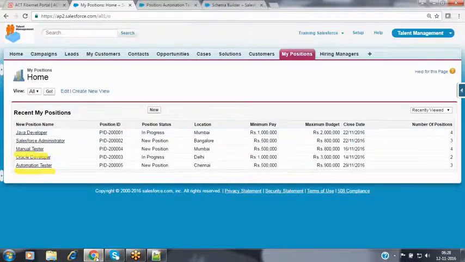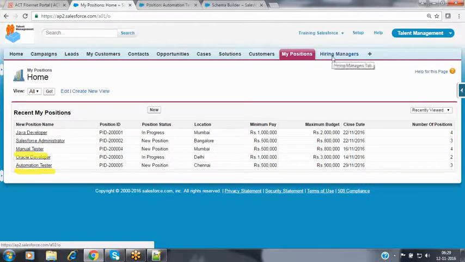So now observe this one here. When you make an association between the 2 objects by using the lookup association, it provides various functionalities, like whenever you delete the parent record, only that parent record gets removed, and child records do not get removed.